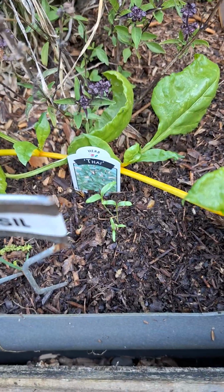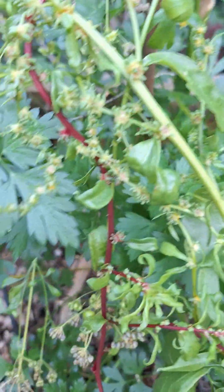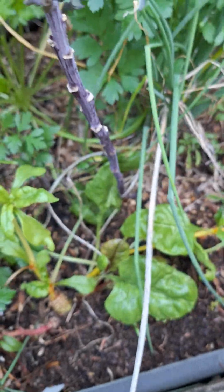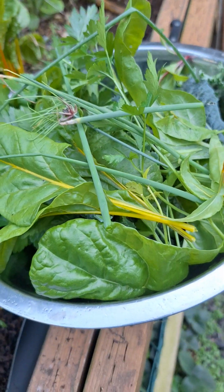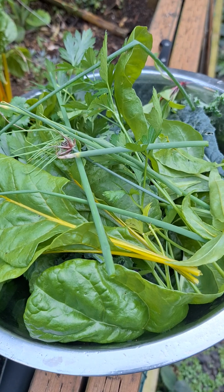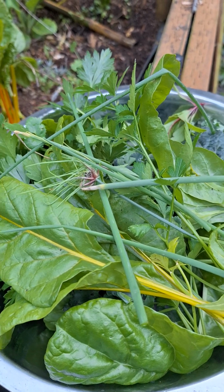And there's some tiny little Thai basils that come up. And we have some spinach here. Although this is growing up to seed, I let it go up to seed. I'm gonna take some of the leaves and add that to our green salad. And we have a nice big bowl of greens that we are going to add to our smoothie this morning. That consists of apples, pears from the garden,